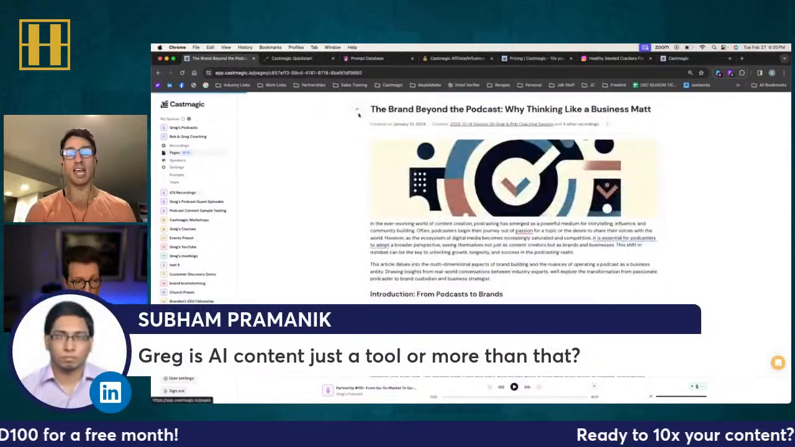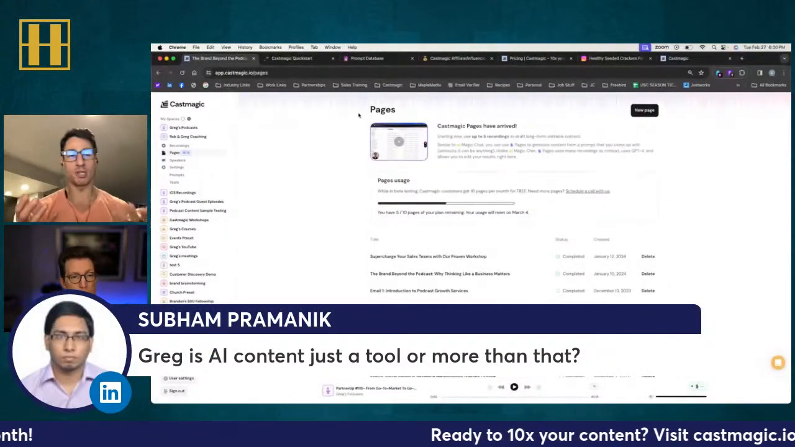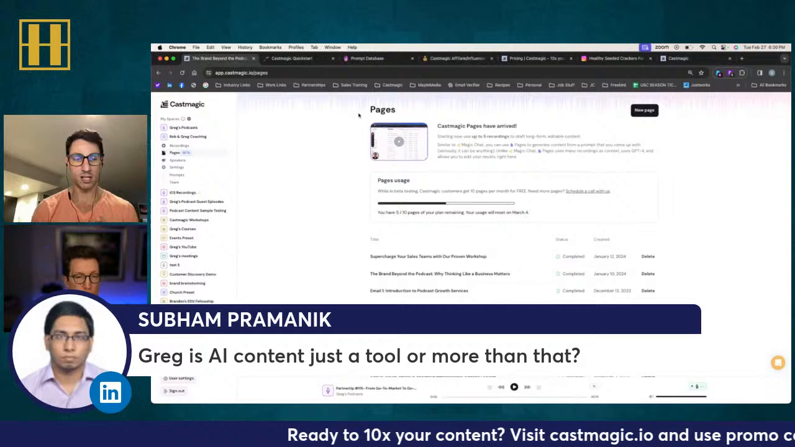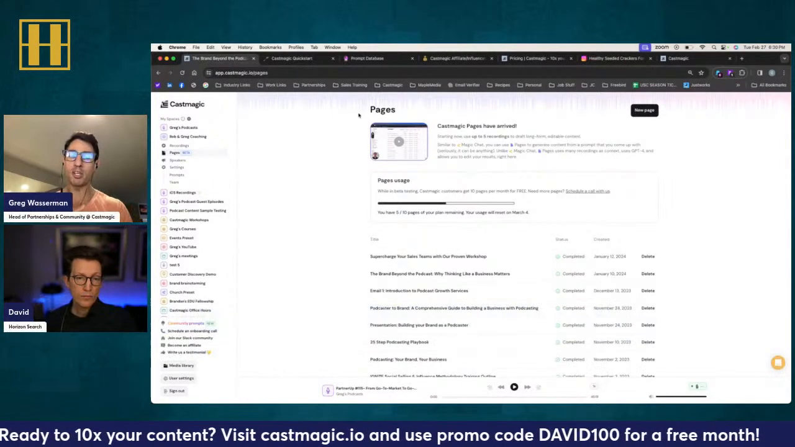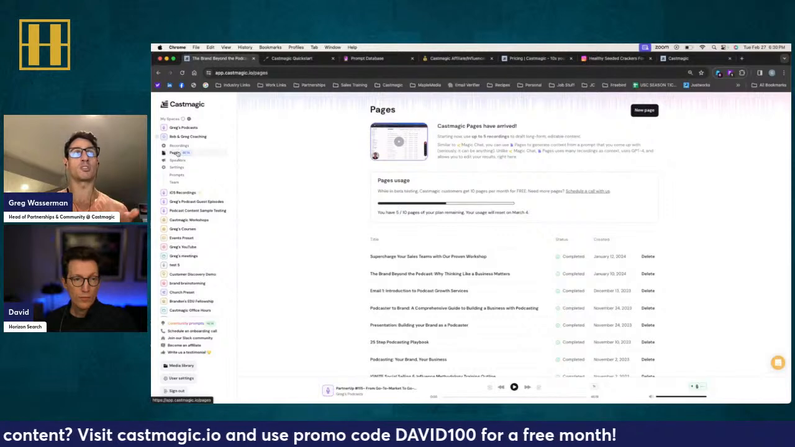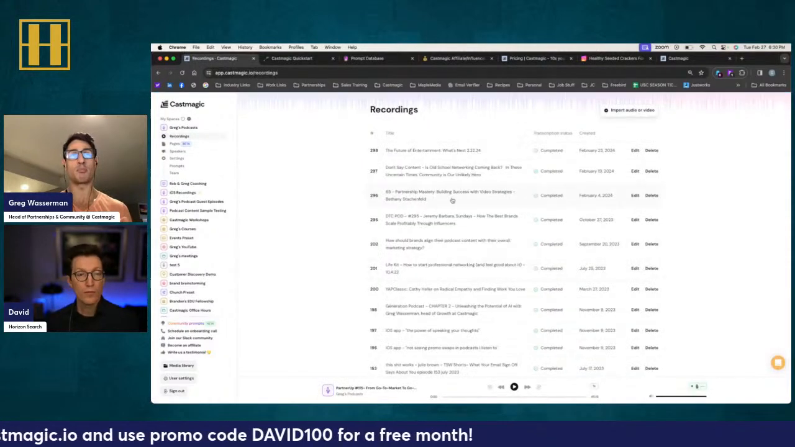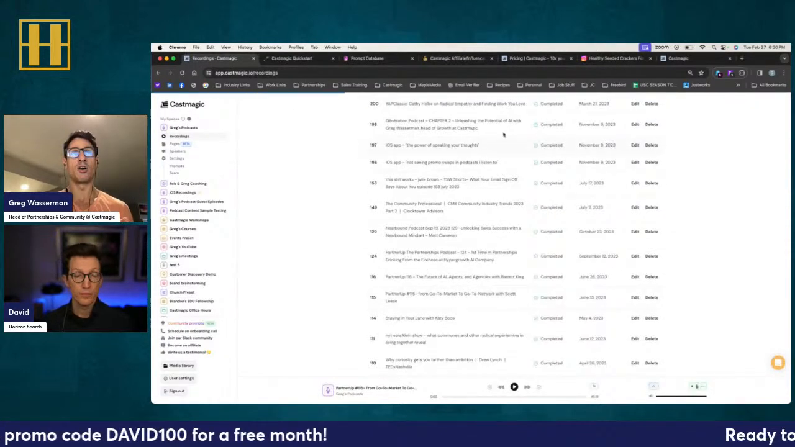So I'm once again figuring out other ways I can repurpose content. Greg asks, is AI content just a tool, more than that? I'm not sure I followed the question, but AI content, if we're talking about it from a Castmagic standpoint, it is